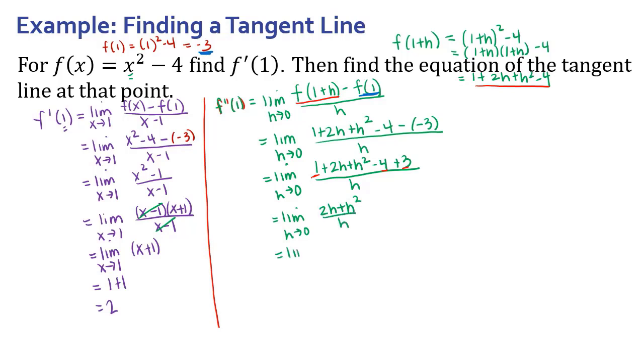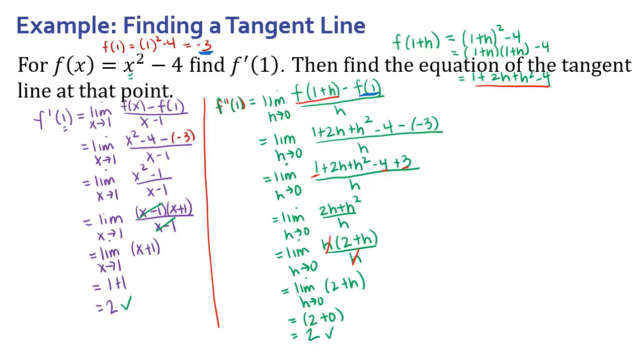Now this is great because I can factor an h out of that numerator. The reason that's helpful is that now these h's are going to cancel, and I'm left with the limit as h approaches 0 of 2 plus h. So now I can substitute 0 in for h and evaluate that limit, and I get 2 plus 0, which is 2. So you can see here we found the exact same